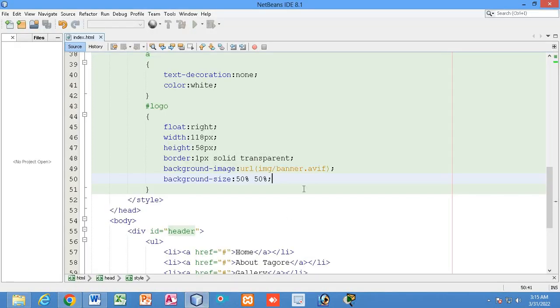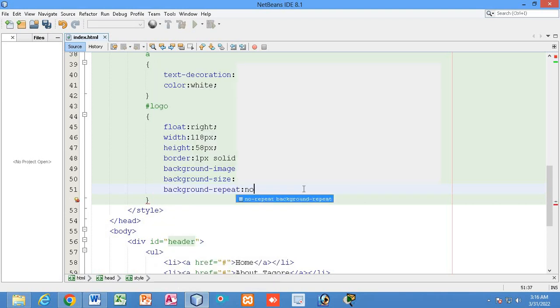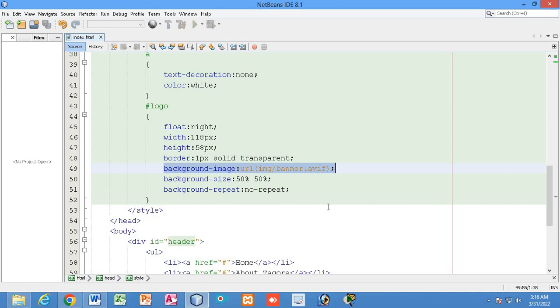So if I simply write here background repeat, no repeat, that means I have given an instruction to the logo div that the background which is applied should not be repeated. There will be only one background picture, right? The same background picture need not be repeated. Repetition is the default habit of a background picture. Whenever you take a background picture, repetition will happen to occupy the full space of the container. So I have stopped the repetition by writing this code. So let me show you. You can see only one picture.